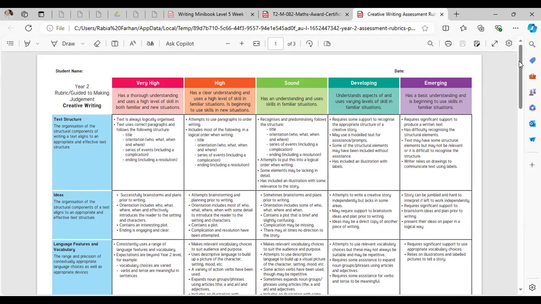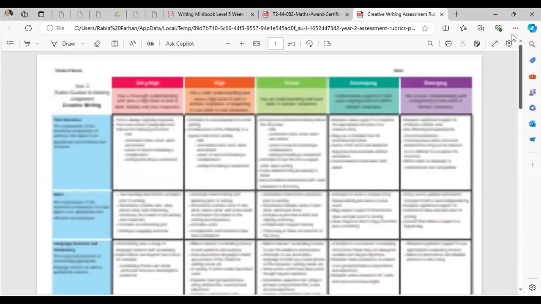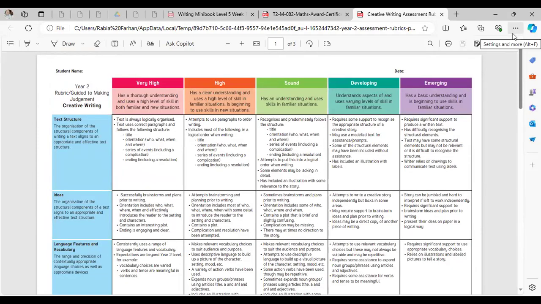So they have recorded all those things, and you can set the criteria. You can also set 5 criteria, but usually a rubric is for 4 levels only. 4 settings will be there, or it can be 3 settings also according to the level of your children. You can have it for HA, MA, and LA also. You can have very high, which is beyond expectations, high, which is meeting your expectations, sound, which is okay, that whatever you are telling them,